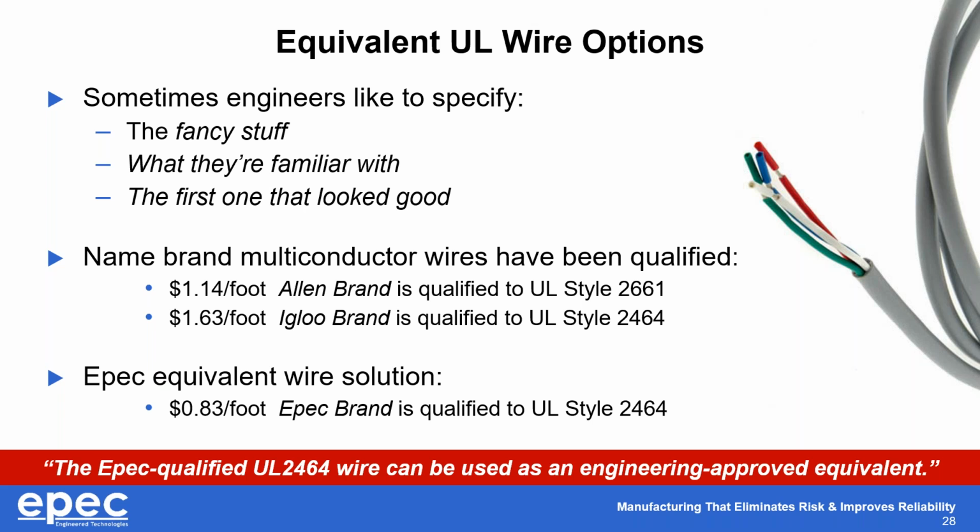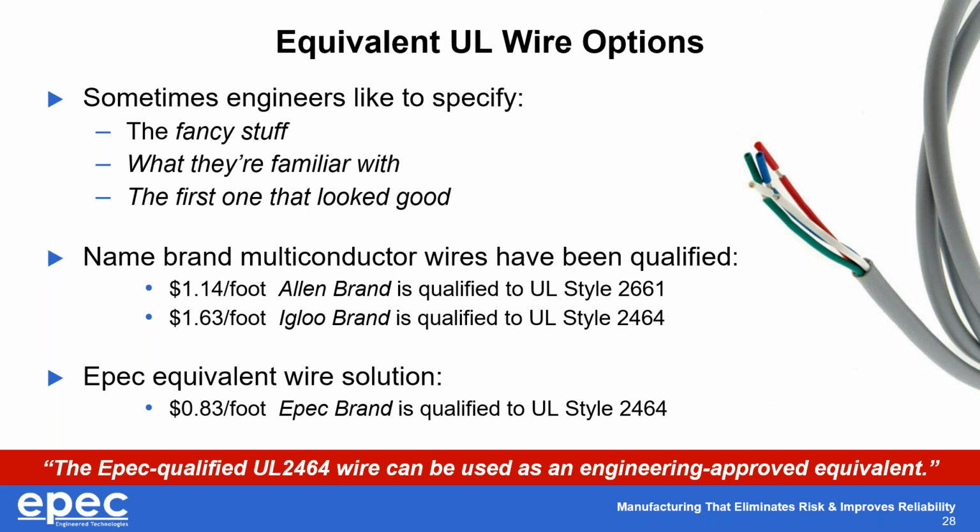So some specific examples we've been able to work with our customers on are a 2-conductor wire that's made by a couple fictitious companies here. We're going to call them Allen brand and Igloo brand. On one of these, the wire was rated to UL 2661, and on another one, the wire was rated to UL 2464. These are the two wires that our customer had approved for their application, which was a 30-foot long umbilical harness. Because of the overall length of this cable, the unit price was significantly impacted by the cost